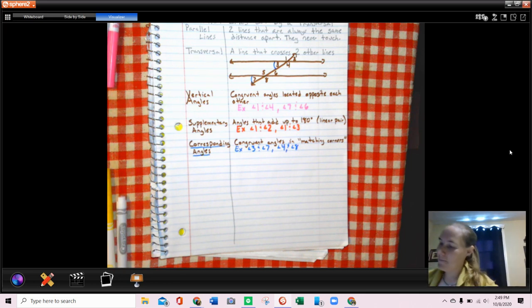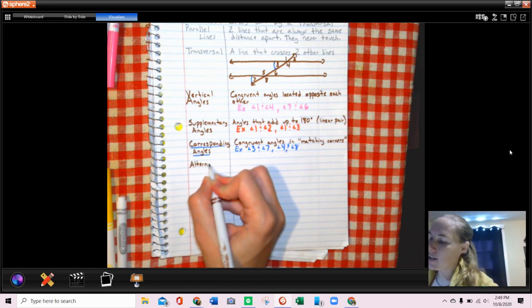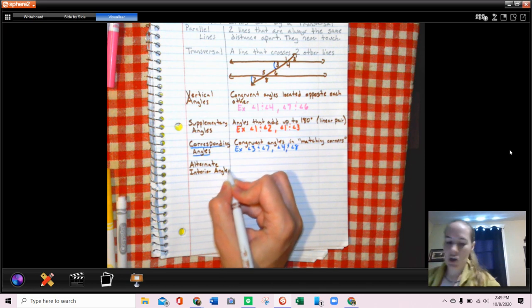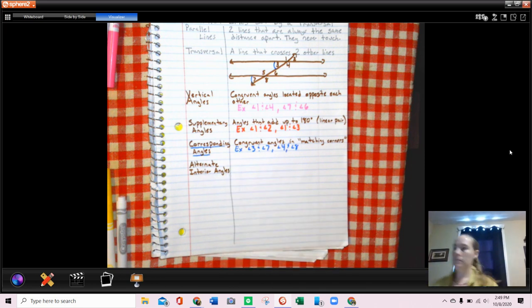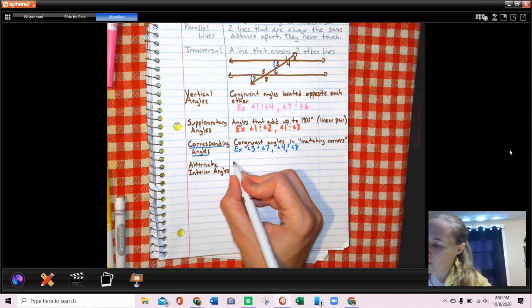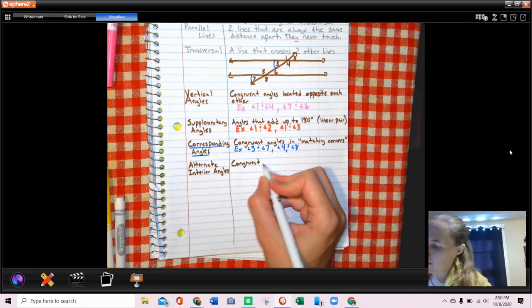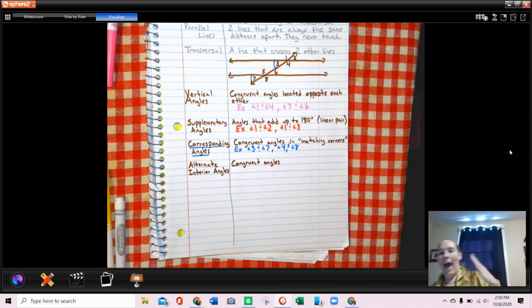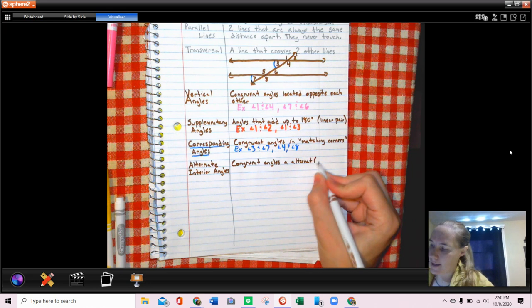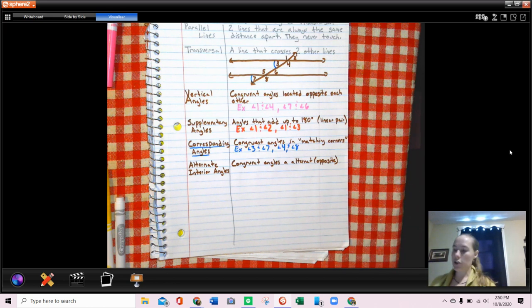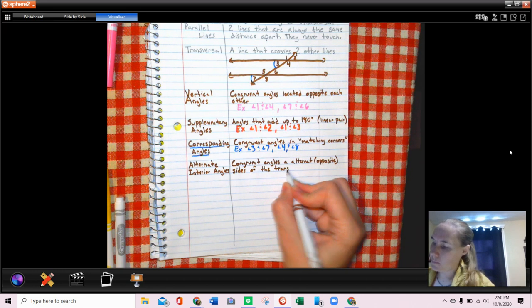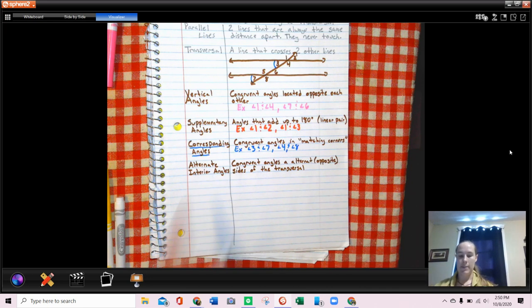All right, our next word: alternate interior angles. So the alternate interior angles, they're also congruent. So they're congruent angles at alternate, which means opposite, alternate sides of the transversal. So that's where the alternate comes from, but they're also